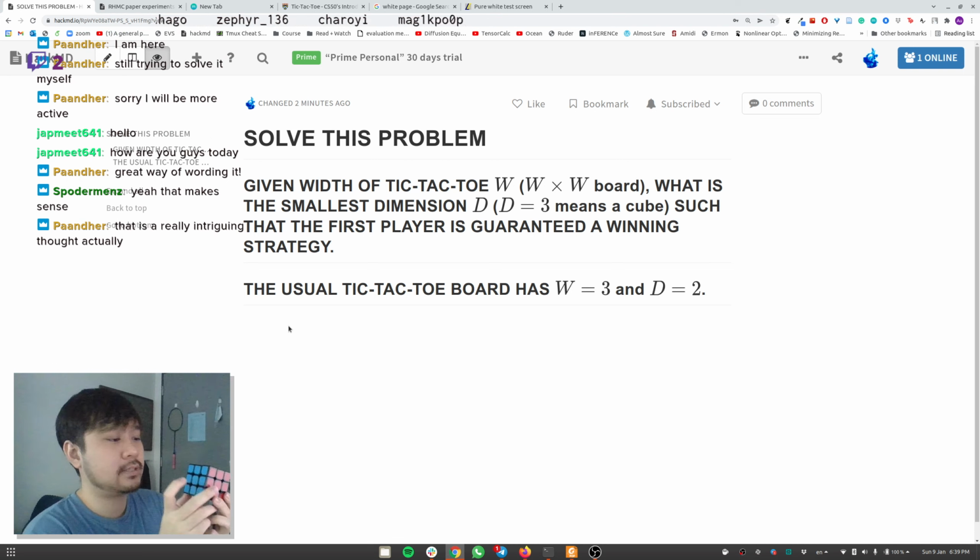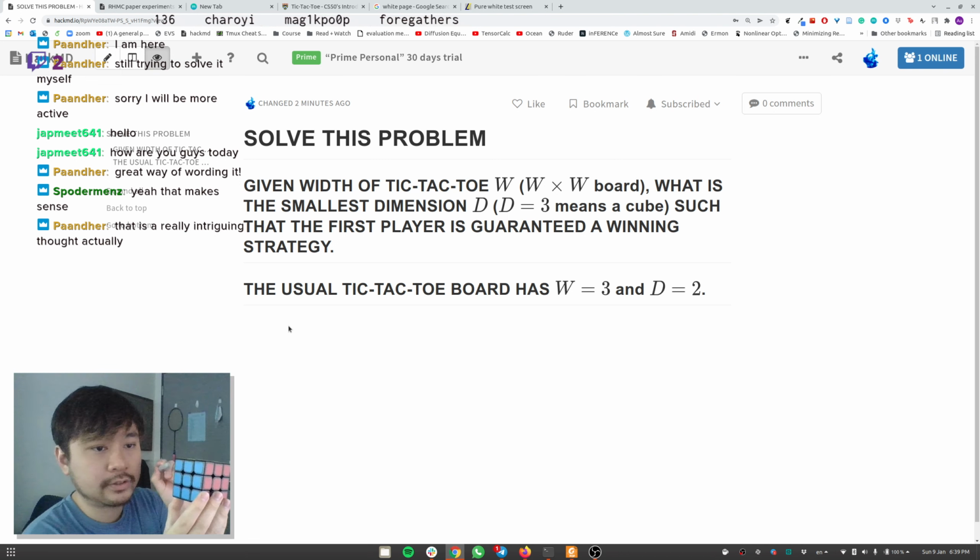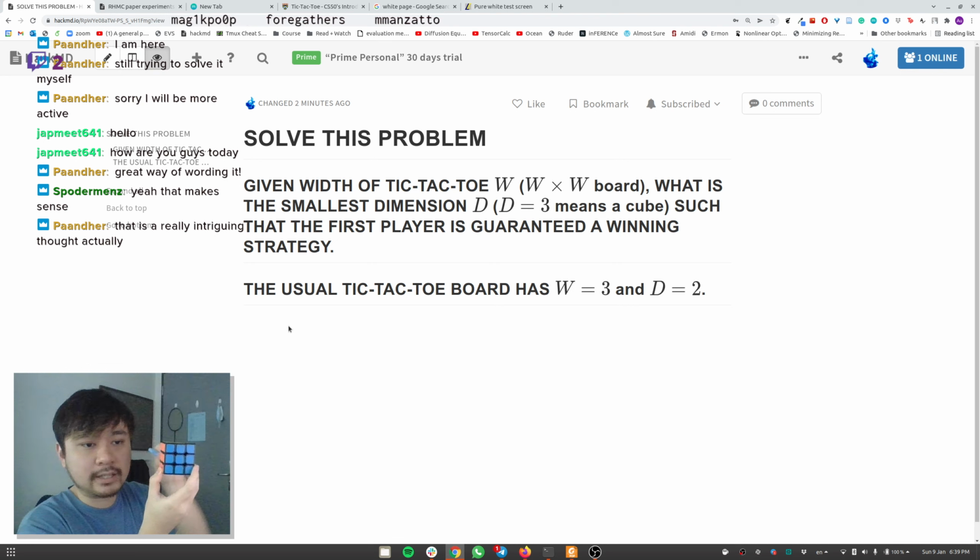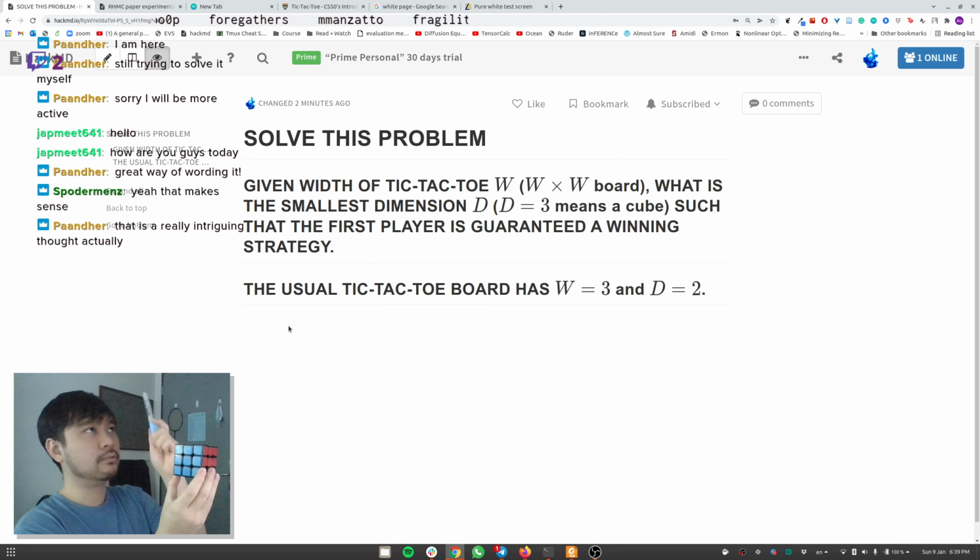Okay, let's see. So let's say you place in the center already. You can just imagine you can place it right in the center. You can't see the center here, but it's the one embedded right in the middle. Already you're influencing 1, 2, 3, 4 rows, and if your opponent blocks one,